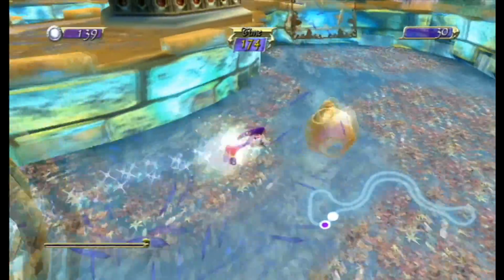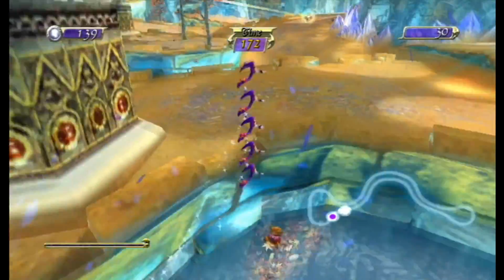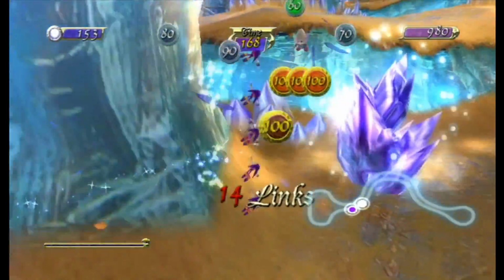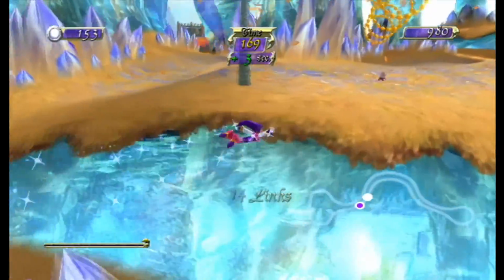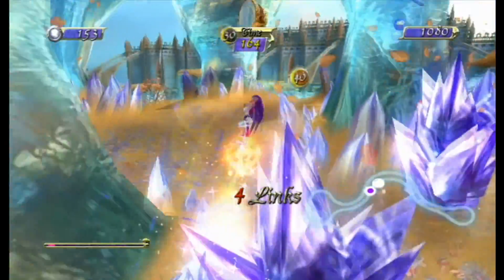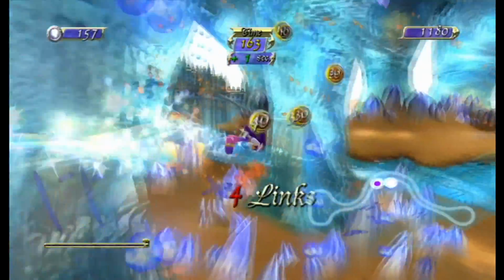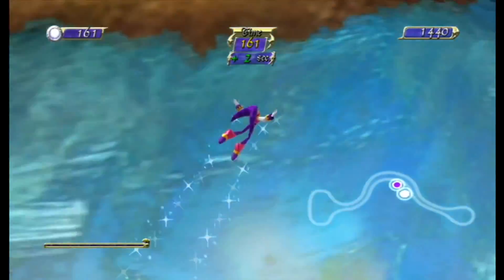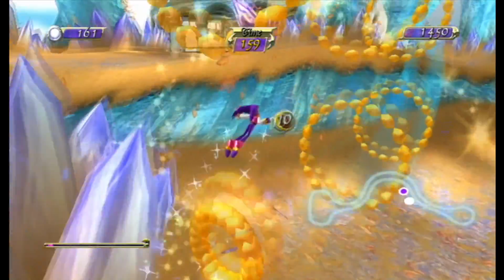Alright, so, it has been a while since I played Sonic Adventure, but I can only assume controlling Amy feels easier compared to Knights here. Well, obviously. Anyway, what was that? Yeah, so in this level, if you fly through prisms, it literally splits Knights into